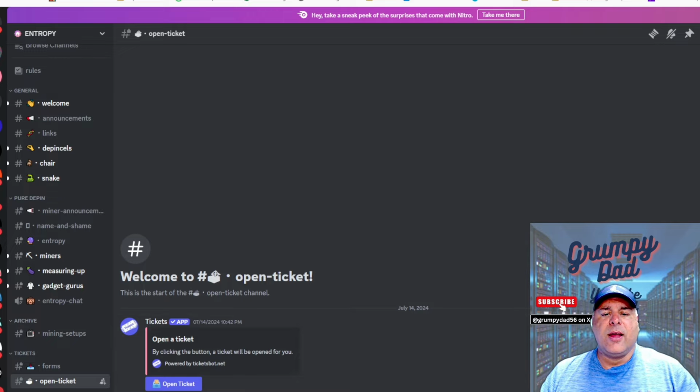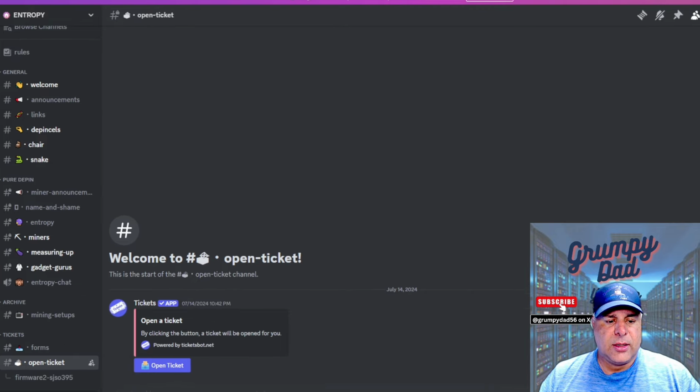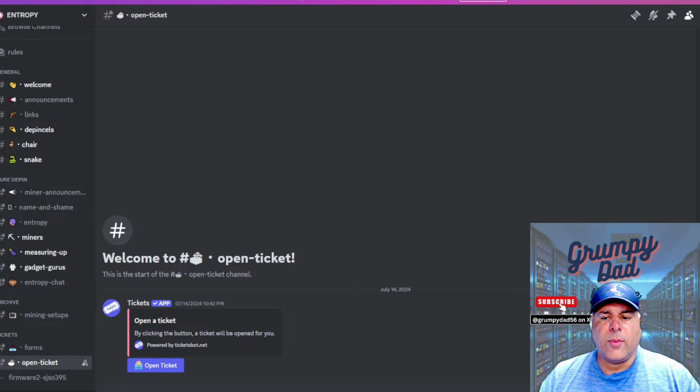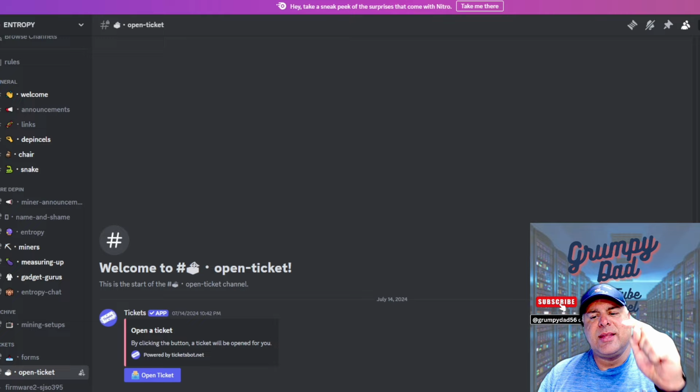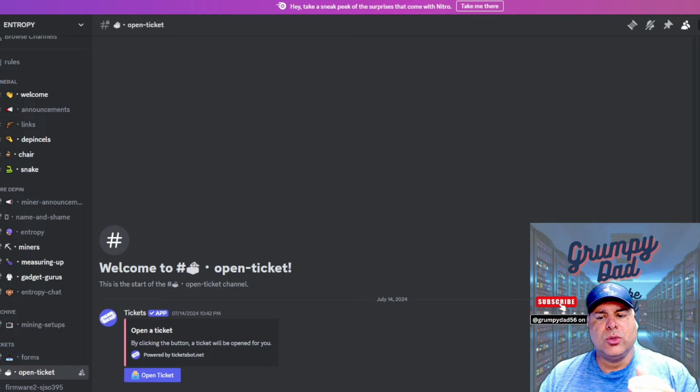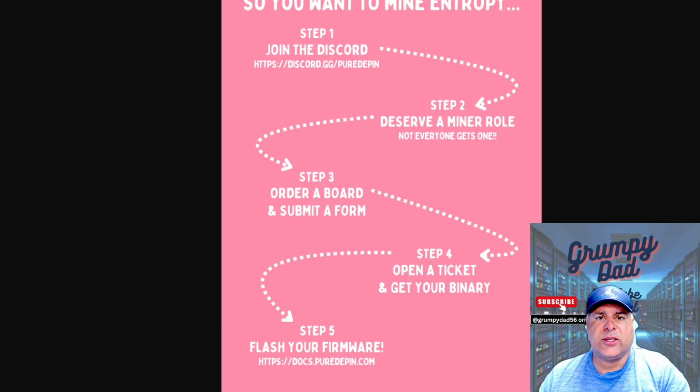Once you do that, they will change the ticket to whatever your screen name is, requesting firmware. As you can see, mine says firmware with my name on it. When you click on that, it will give you Google Drive or something like that. You click on that and then you download the binary to the desktop that you're going to use to install this. You're then going to go to this address that's on the bottom,